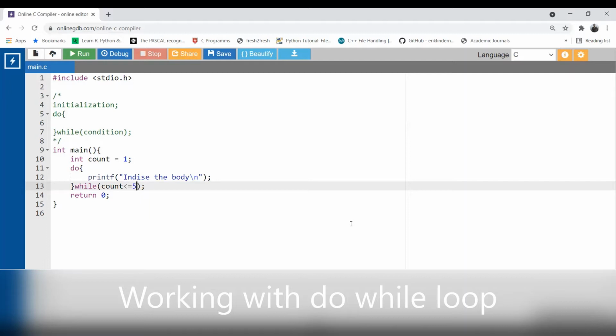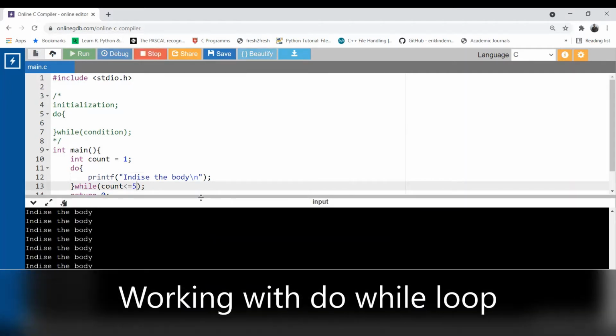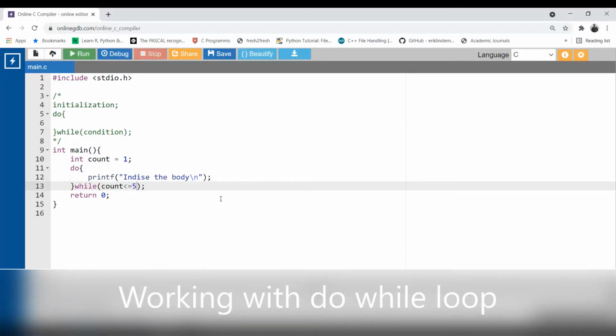So now I think you understood where the updation is. If I did not use the updation, this will execute infinitely, because the condition remains true and count remains in the same position, 1, 1, 1. So what we can do after printing the body of the code, inside the body, is use count plus plus for updation.